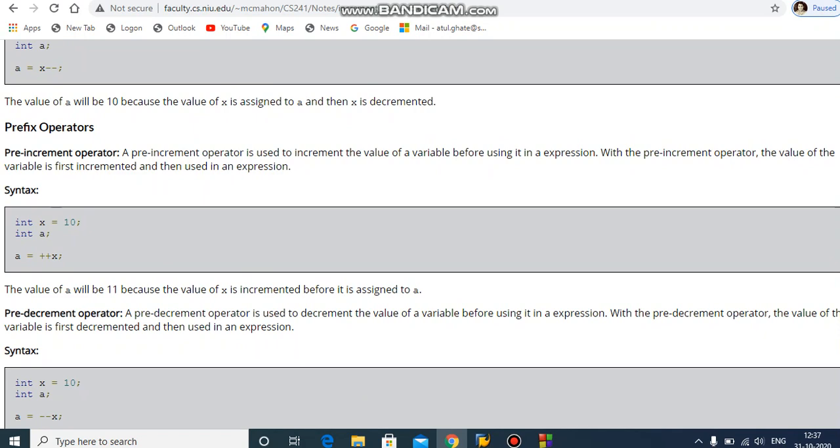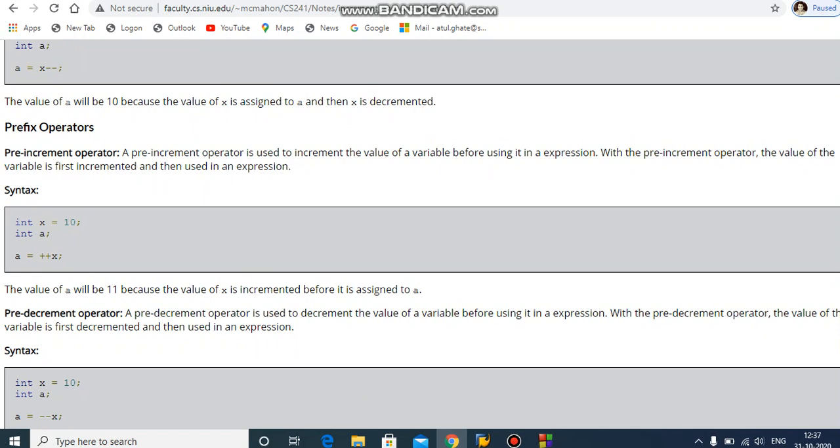Okay, so the prefix operator consists of the pre-increment operator and the pre-decrement operator. अभी हम क्या पढ़ रहे हैं, प्री और पोस्ट के दो टाइप तो हमने देख लिए, जैसे कि पोस्ट इंक्रीमेंट और पोस्ट डिक्रीमेंट. हमने थोड़ा कैटेगरी अलग अलग कर दी, पोस्ट और प्री को डिफरेंशिएट करके. पोस्ट के दो टाइप, पोस्ट डिक्रीमेंट और पोस्ट इंक्रीमेंट. ओके, अभी प्री के दो टाइप. ओके, प्री इंक्रीमेंट एंड प्री डिक्रीमेंट.